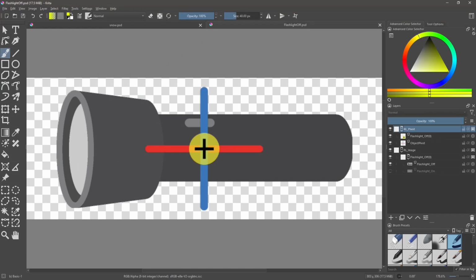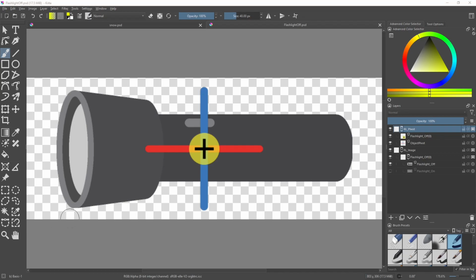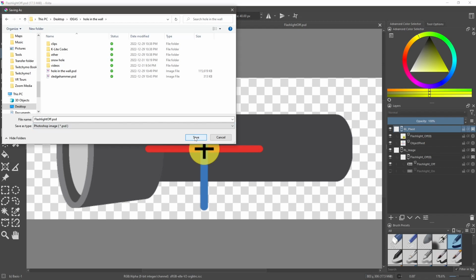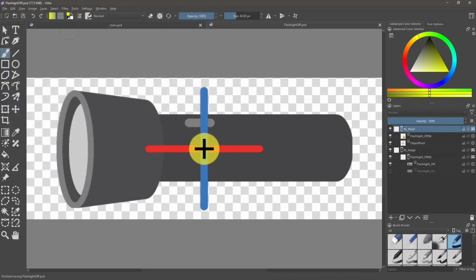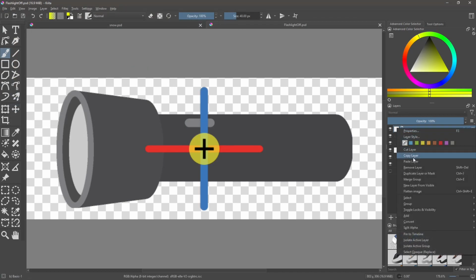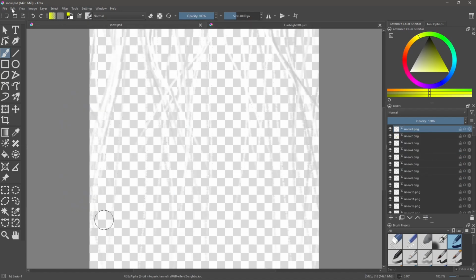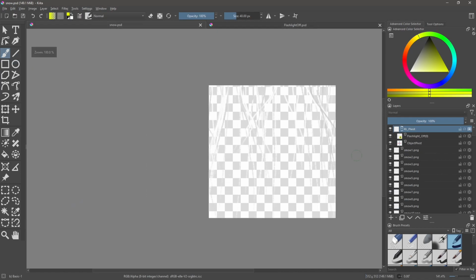In Krita, we can see the file structure. First we need to save the flashlight into a different folder. Use Save As, and save it. In the document, Flashlight Off PSD, copy the group named RL_pivot. Go to the Snow PSD document, and at the top select Edit, and then Paste. Select the layer,